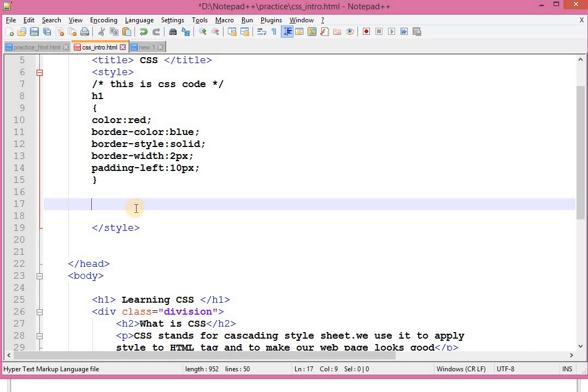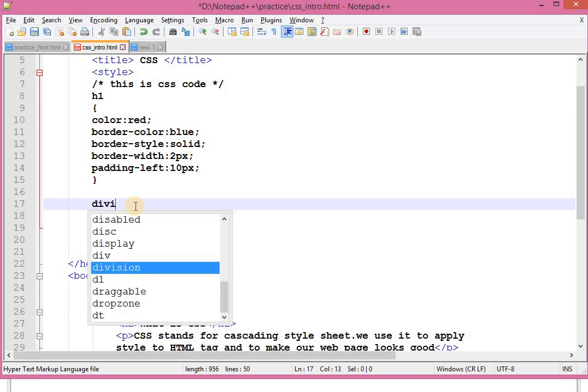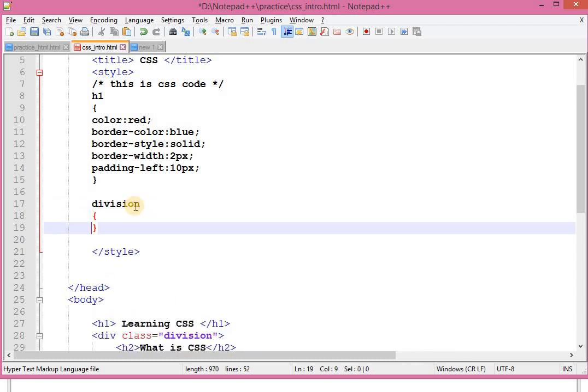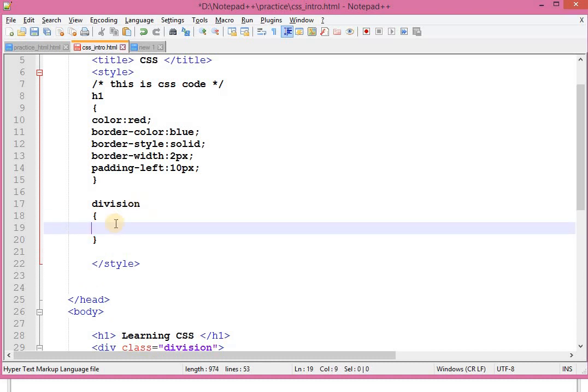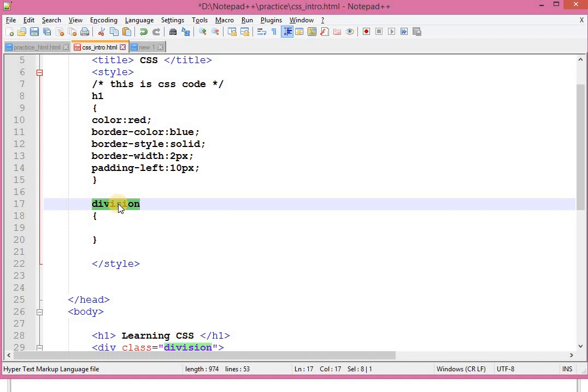Now this is class. Okay, that means to represent a class selector, I have to precede the class name with one character. Okay, let me show you. This is our class name. And whatever property I am gonna set is over here, but this is not enough. If it is an HTML tag of division, that means it is okay, but it is not an HTML tag, it is your class. So to mention it you have to use just a dot over here. Okay, dot class name, whatever the class name is.